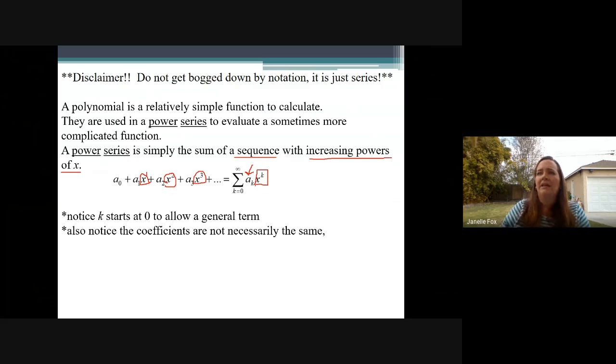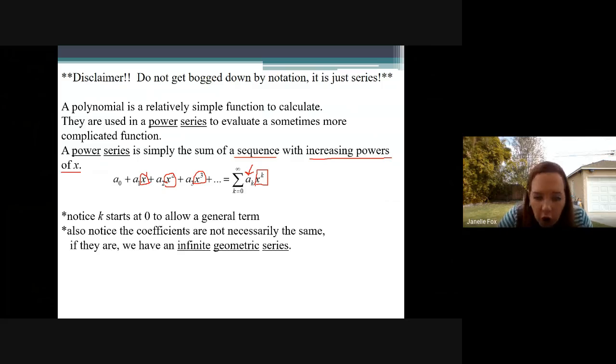Maybe it's like 1 over n. So it'd be like 1 and then 1/2 and then 1/3 and then 1/4. Maybe it's something even more complicated than that, or maybe they are the same. It just depends, okay? So if the numbers are the same, then this a term right here is going to actually be a geometric series, okay? So if we have all of the a's being the same,